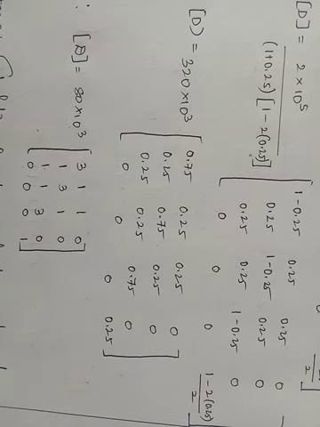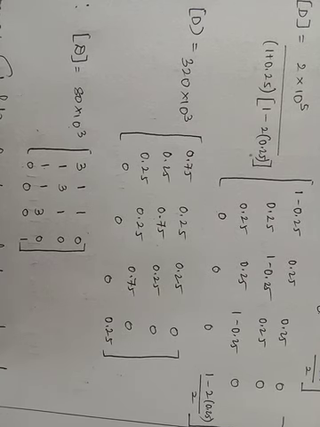Just to simplify our calculations, because in a later stage when I need to multiply the matrices, if I am having decimal points, then it will be very difficult for me. So as far as possible I try to get integers in this matrix. I hope this part is clear, how I got the D matrix.